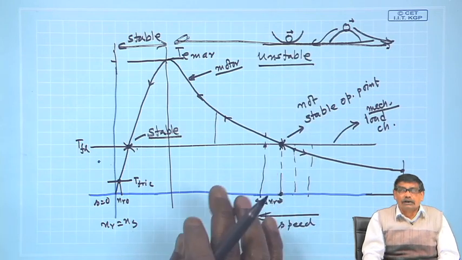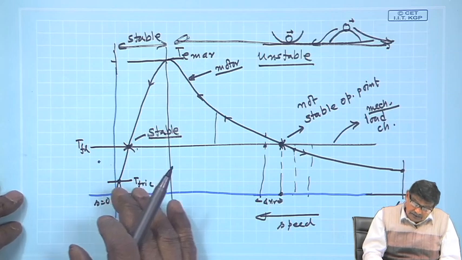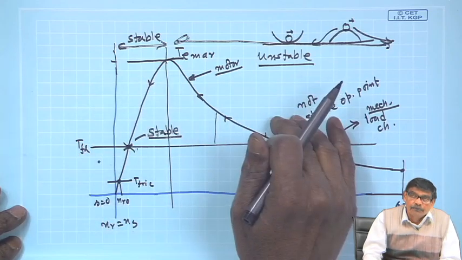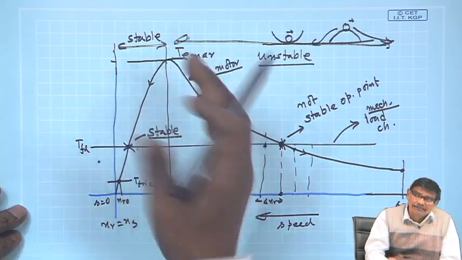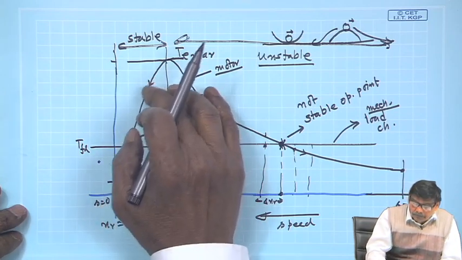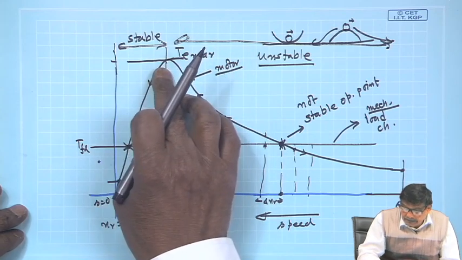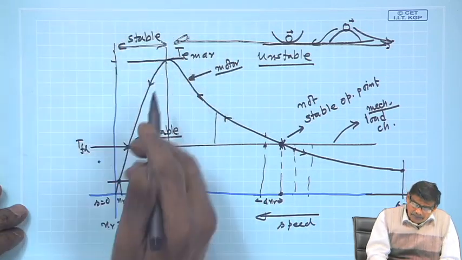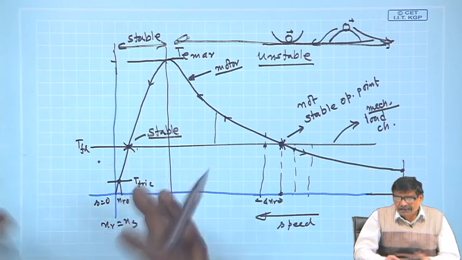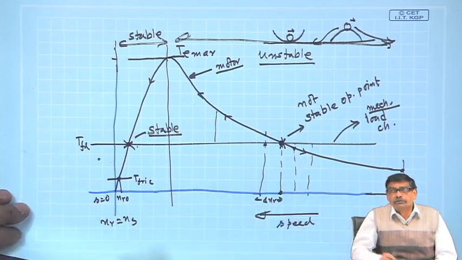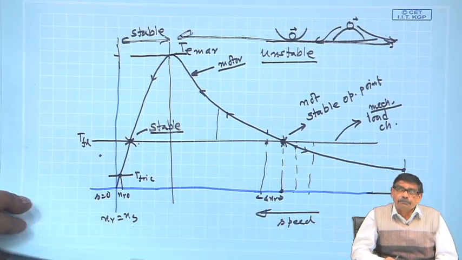So, hope you have understood about the operating points and about the stable operating point, and how the full load torque should be decided upon midway between 0 and T max approximately. That way it is designed so that you do not go close to a place where the boundary of the stable and unstable zones meet, because that will be somewhat disturbing. A slight disturbance comes, the motor will not operate, it will come to a stop. So, think about these points and carefully go through this. We will continue from this point next class. Thank you.